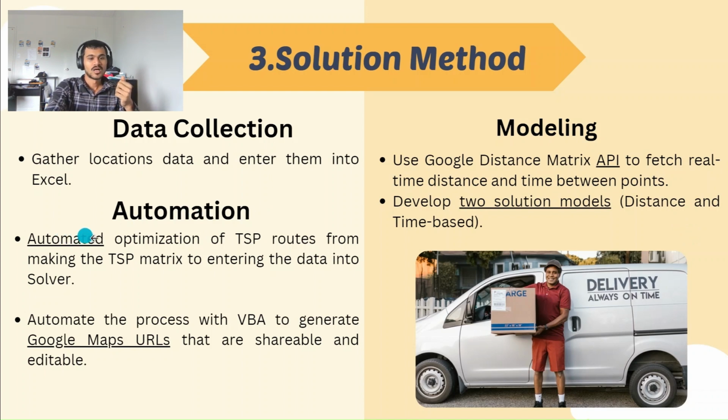So here I want the optimization of the TSP to be done automatically, like entering every variable objective function in the OpenSolver model and then clicking on the solve button till getting the solution. I want it to be automated. And then we get the solution in the form of sequence of the nodes. And I want the sequence to be converted in a Google Map URL, which directly leads us to Google Maps and the path we chose. The key advantage is that we can edit it and can share it.